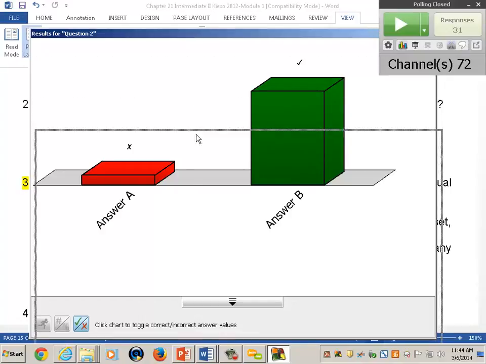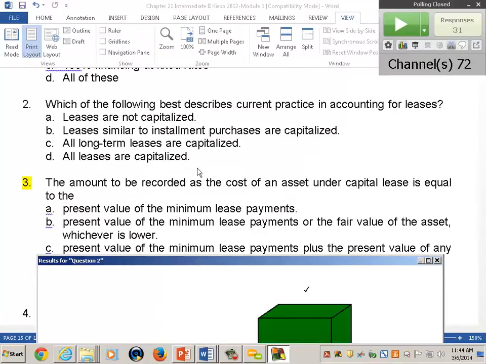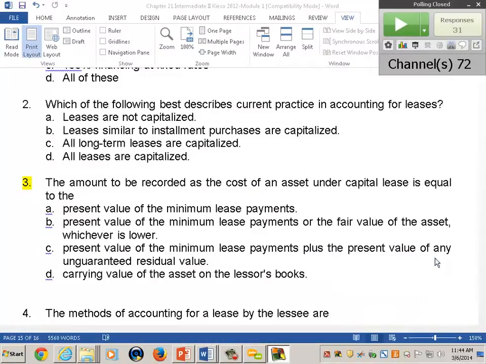Now, why is that? Okay, so what's the rationale? Anyone? How would you explain that if that was a true-false question? Or the fair value, yeah, the fair value. So the fair value becomes a ceiling on asset valuation. You would not be able to value the asset above its fair value.